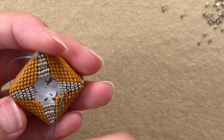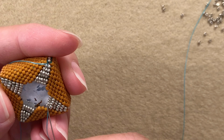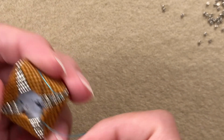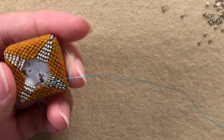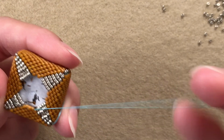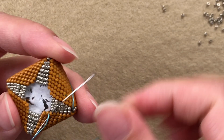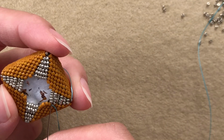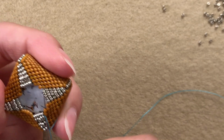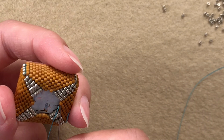So I have to make my way down here, and then go through this 15 rows, make my way up, pick up a delica, go through the delica here, 2 to go, go down here, through the 15 rows, up through the 2 delicas, pick up a delica, go through the last here,